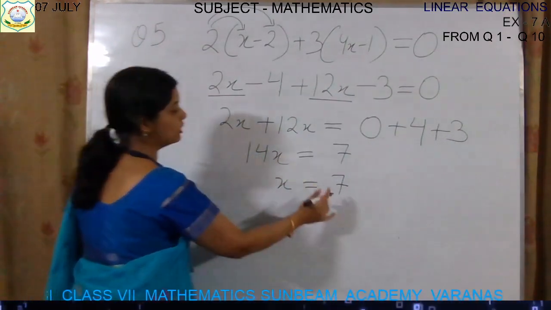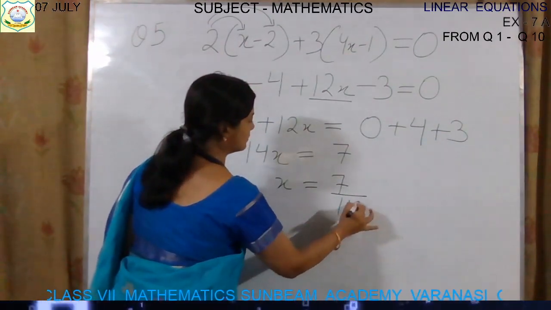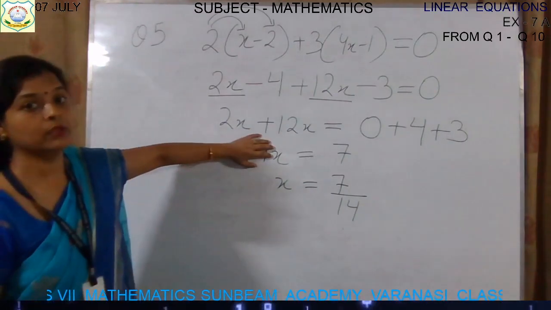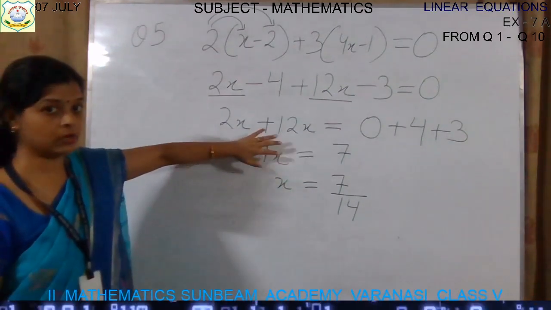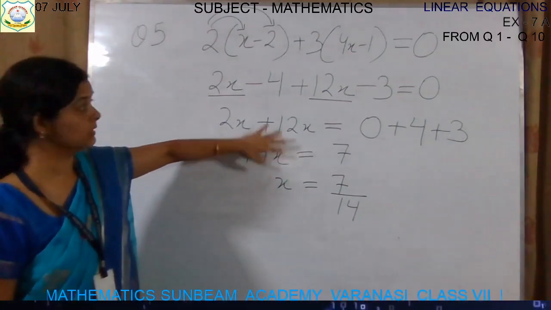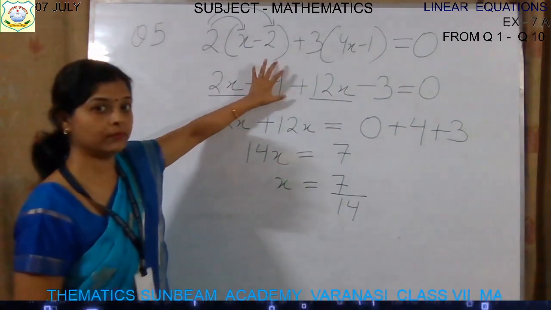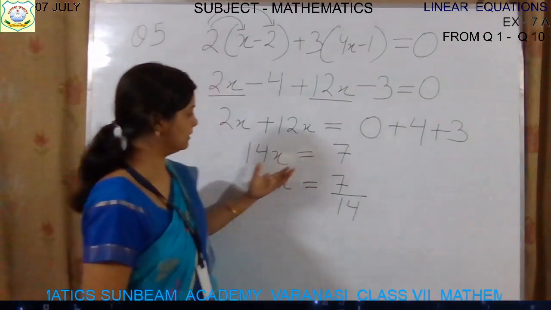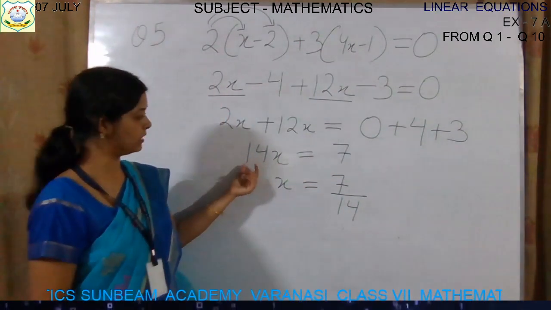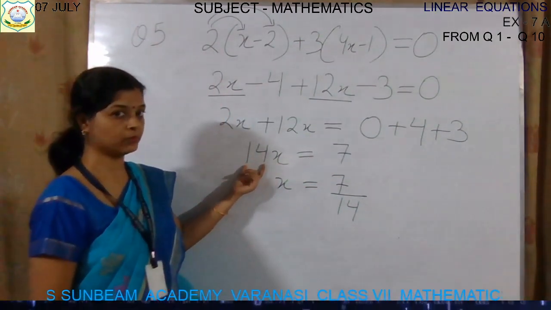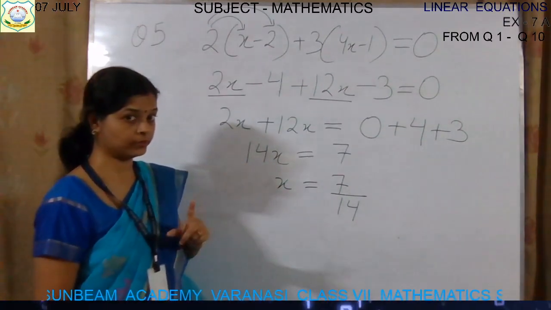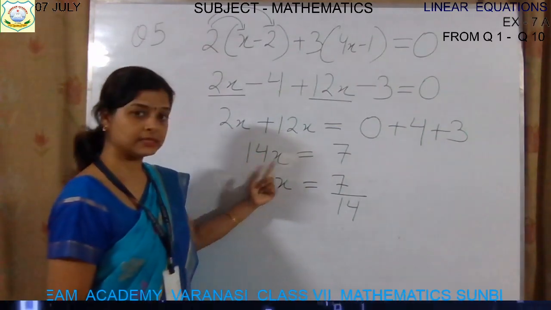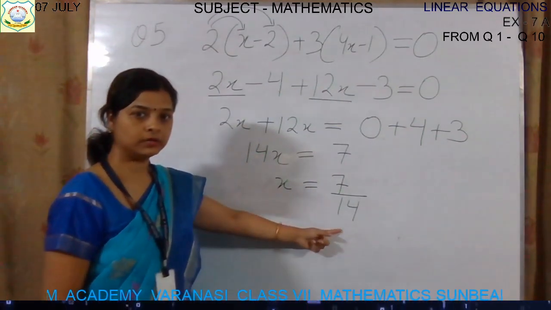So it will go for division without changing the sign, children, because we are shifting a part of a term. We are not transposing the whole term like this. When a whole term is transposed to that side, the sign will change. But here this is a whole term and we are transposing only a part of it, so the sign will not change. No need to get confused. 14 will remain 14 there. And it is in multiplication, that's why it is going for division.